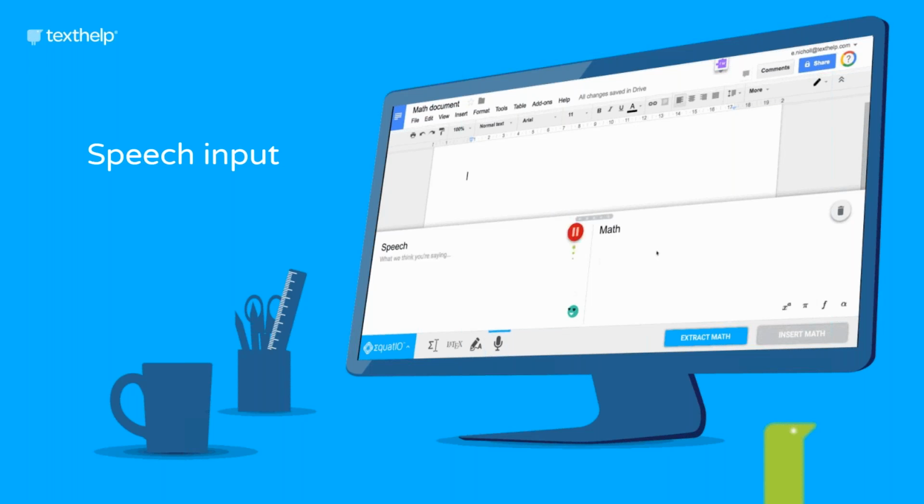One of the myths that I always like to debunk is that it only does basic math dictation, and that's not true at all. It does do complex math dictation. So know that it's not just going to do the basic things that I show you today. It's going to be able to do complex math dictation.